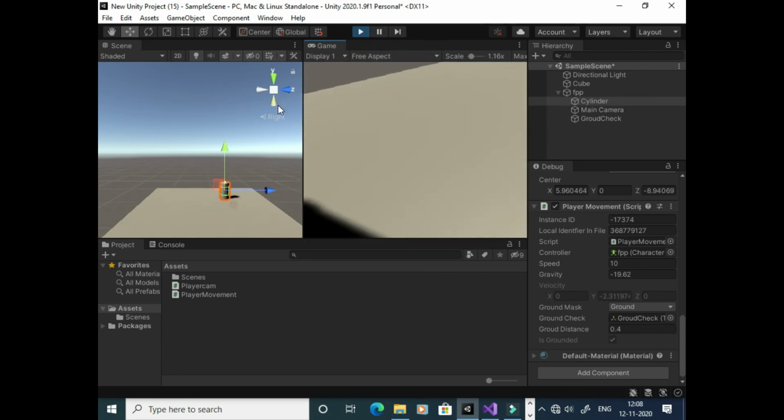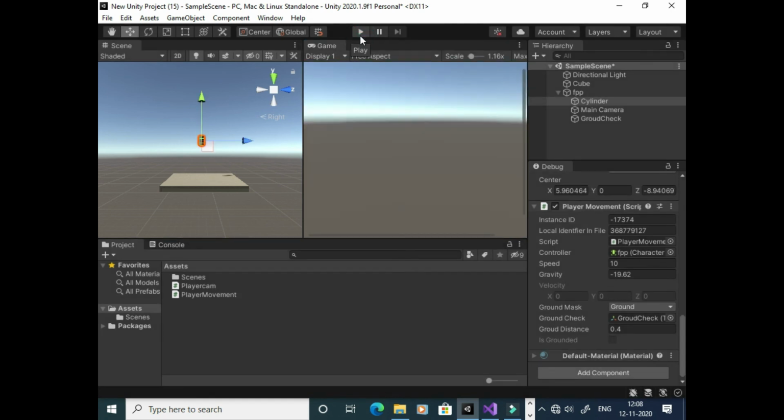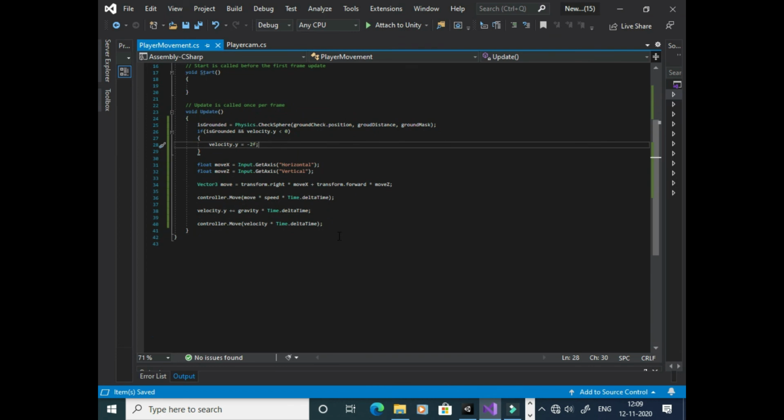You can also see that it is not happening like before. And also we can make our player jump. To do that, we need to write if isGrounded is true, and then we need to write